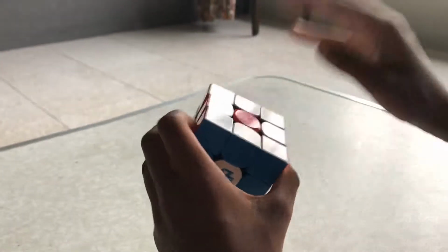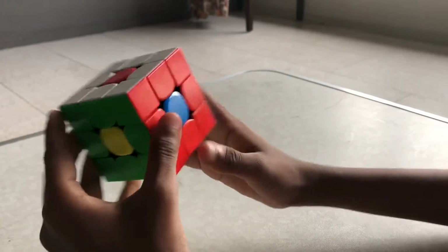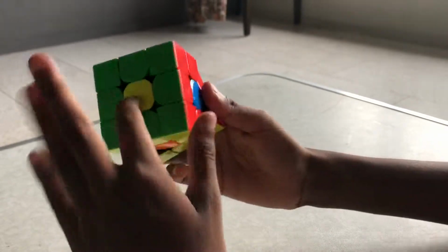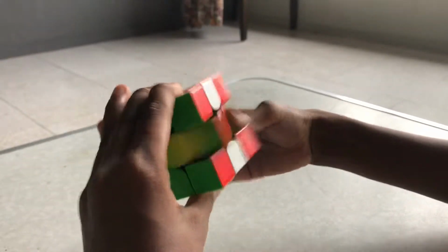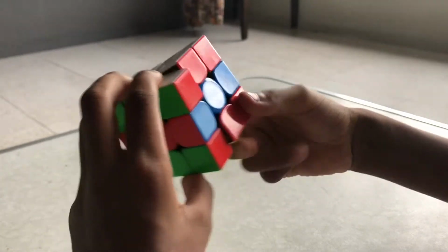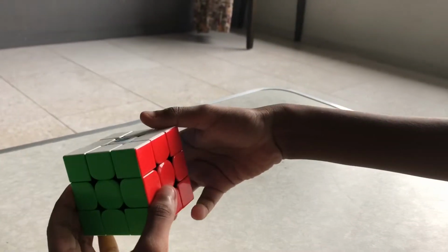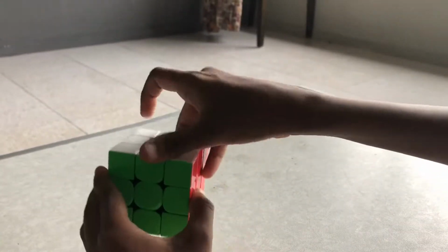If I want to, I can solve it from anywhere. If I'm going to start from here, this red, I'll face red, and if this is here or here, I'll move. If this is here, I'll move this and move this here. Well, if this is here, I'll move this here and then move this up and then bring it there. And this is basically the J-perm. The J-perm is very easy. You can just do down, down,